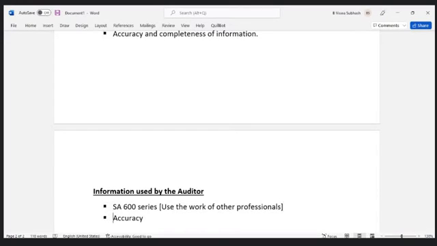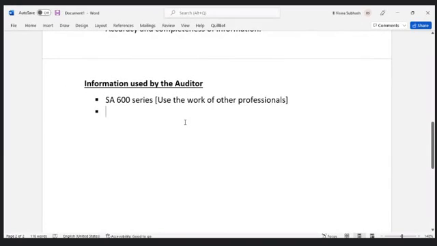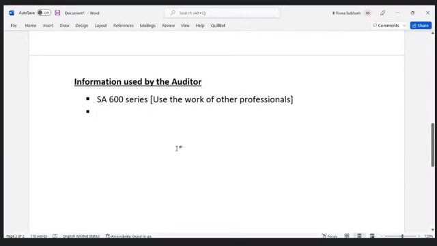If we are using the work of other professionals, then there are certain things we need to check before we can establish whether we can use their work or not. So when an information is being used by the auditor, the very first thing that you need to do is evaluate whether the information in the document is prepared by a competent person,